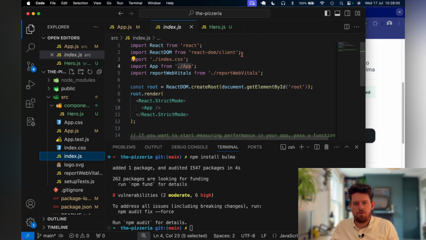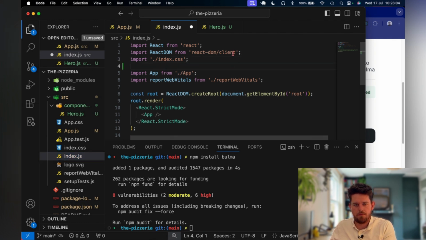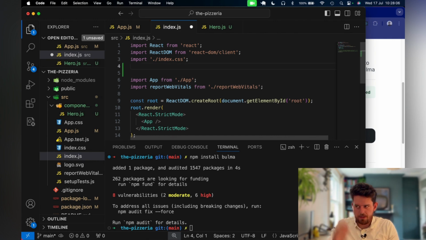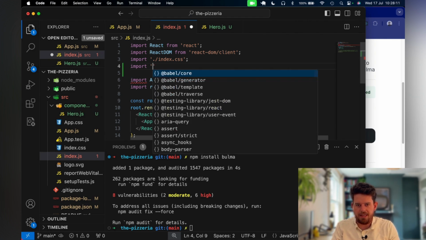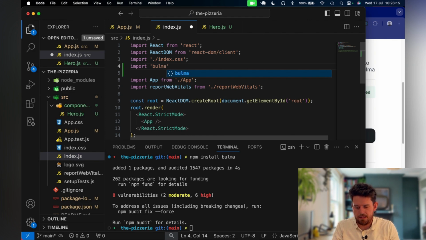Here where I'm importing index.css, I'm going to import a string of Bulma /css/bulma.min.css. And that's just saying go into the Bulma package, go to the CSS folder, and then